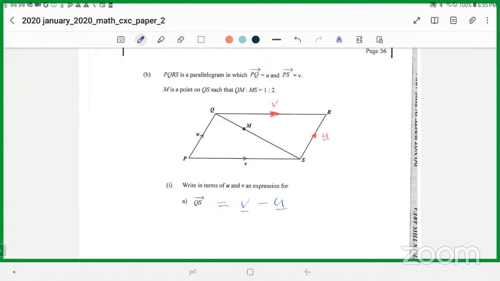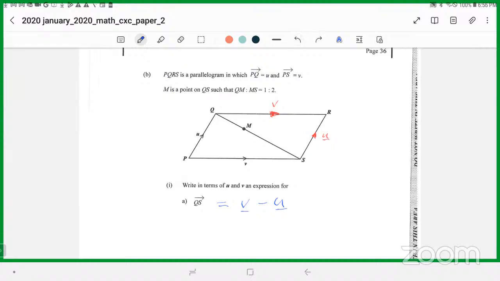Yes, sir. Could also go minus U plus V. Same thing. Minus U plus V. Same thing. All right. So basically now, it's almost like we now know this road across here. We now know it. I didn't finish reading the question, because they tell us of the point M on this